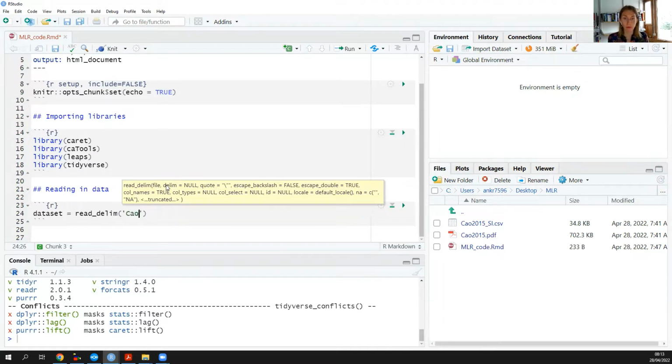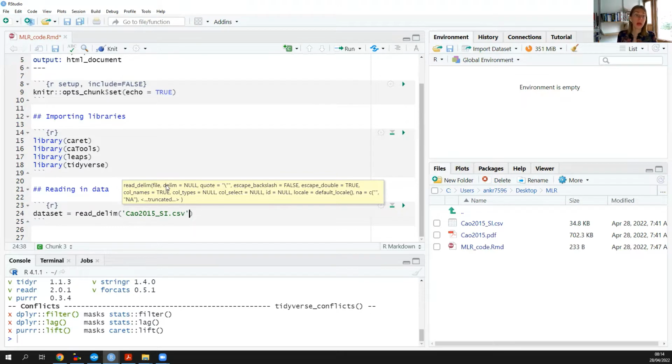So I have my working directory specified,